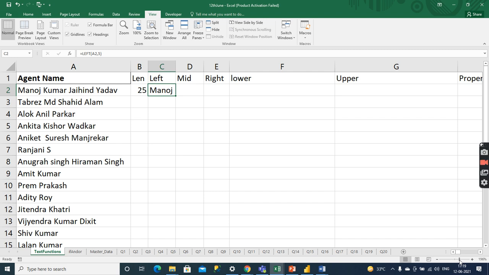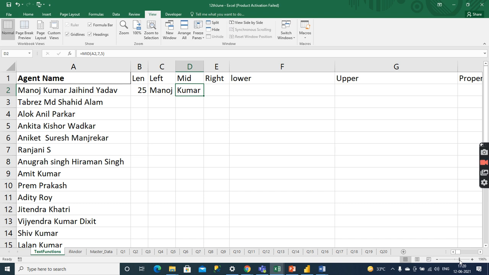Similarly, if I have to pick the data from the middle, I have to apply the mid function. From a start number, from where I have to start, I have to start from the 7th position, comma 5. So you can see we got Kumar, 5 characters.